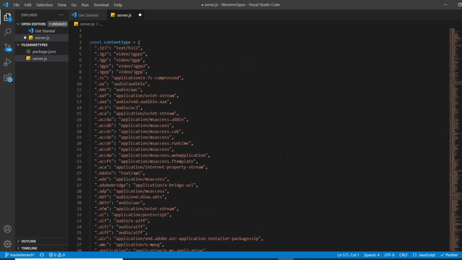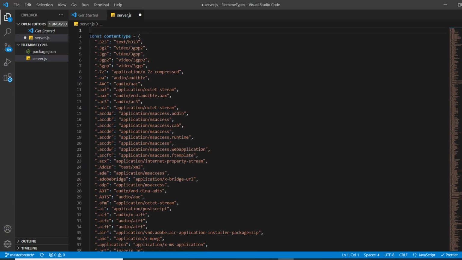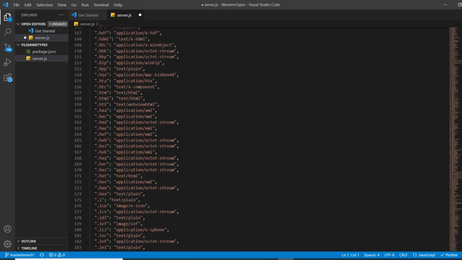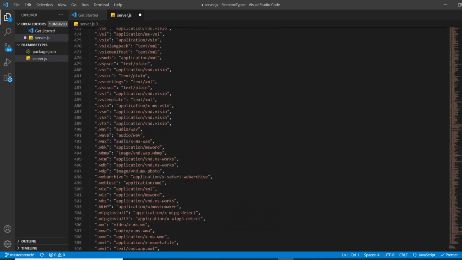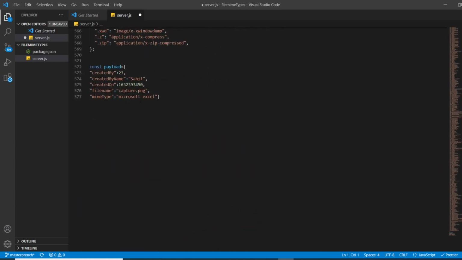So you can see we got this whole object of mem type. What it contains is the extension and its mem type. So what we have to do now: we have the payload. Let me show you the payload as well. This is the payload, and here is the file name capture.png.